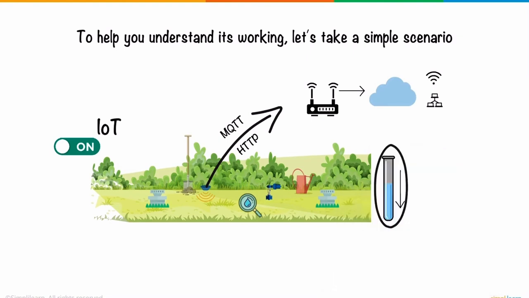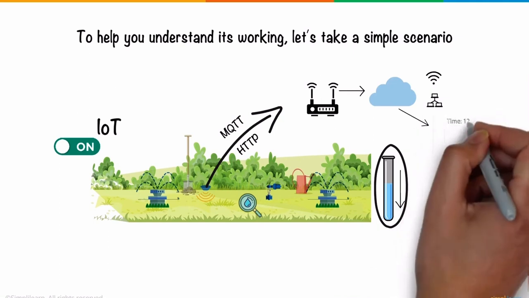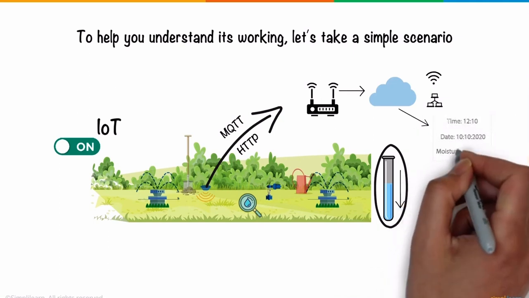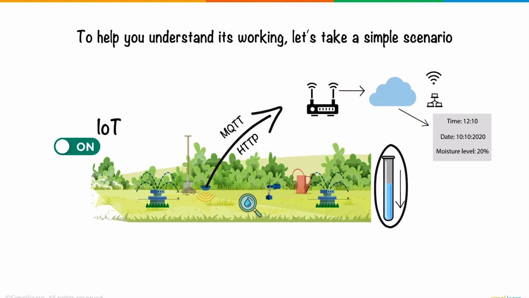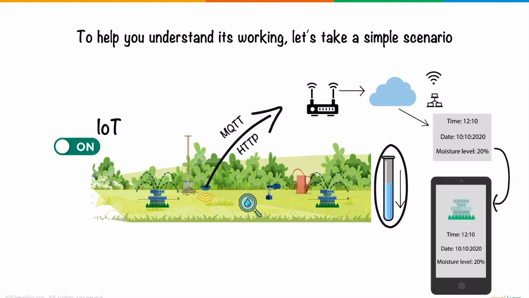Once the moisture level drops, the system is immediately triggered and the sprinklers are turned on. However, with the information stored in the cloud, a detailed analysis like the time of the day the sprinkler was turned on, the rate at which the moisture in the soil reduces, and so on, can be done, and the report could be sent over to you on your smartphone over an app.